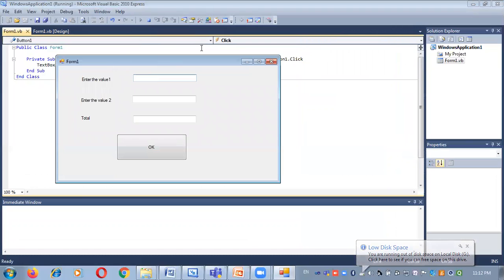After compiling the program, the output screen will be displayed like this. Here I insert the first value as 12 and the second value as 12, and after clicking on the OK button, the addition operator works here. 12 plus 12 is equal to